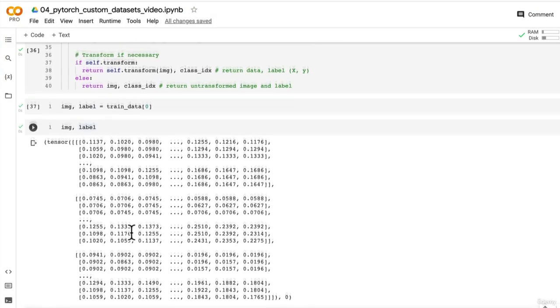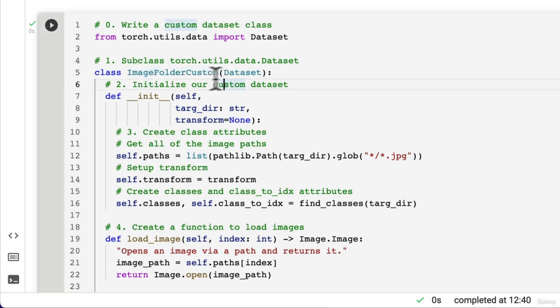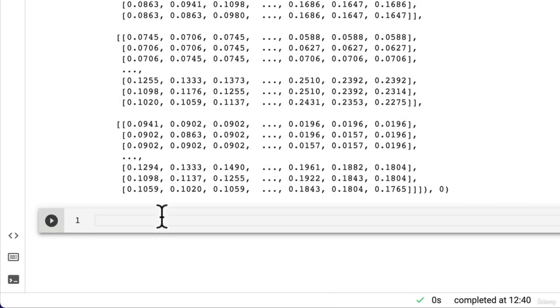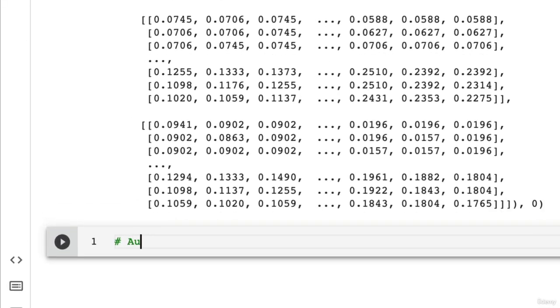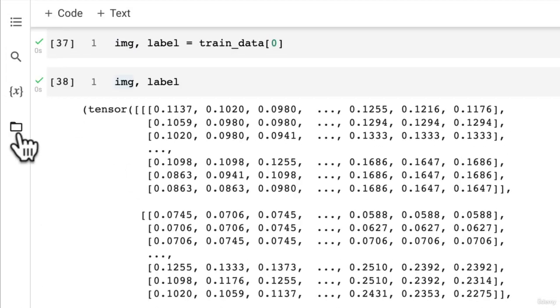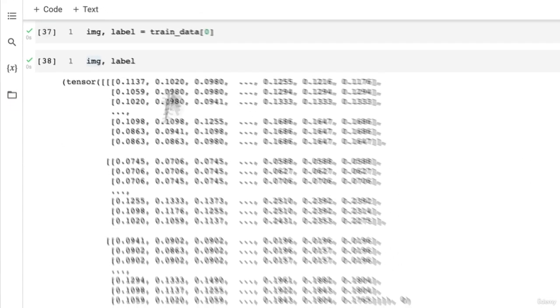So now we've got a custom image folder class that replicates the functionality of the original image folder data loader class, or dataset class that is. Let's test it out. Let's see if it works on our own custom data. So we're going to create a transform here so that we can transform our images, raw JPEG images, into tensors,